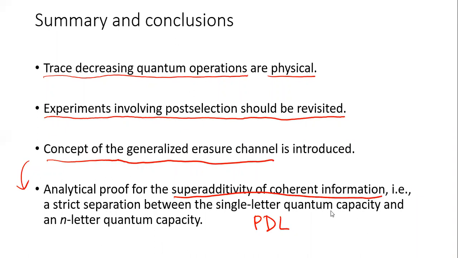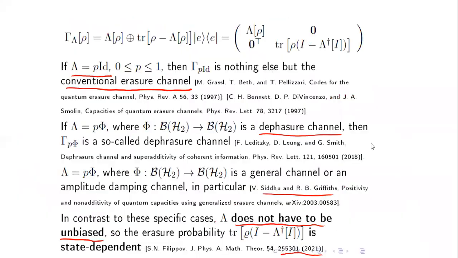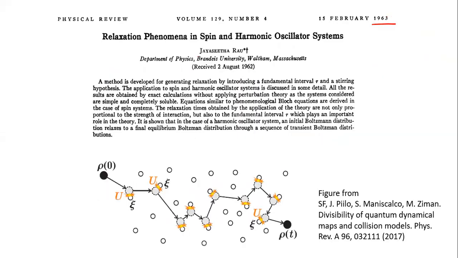Yeah. Very nice. Shall I go ahead? Yes, yes. So thanks for a very nice talk. I have one comment on the paper that you showed, Jayasita Rao's 1962 paper. That was very interesting. But what she had done there was a Markovian thing, a relax, refresh, and relax kind of approach. That was Markovian, but you picked from there